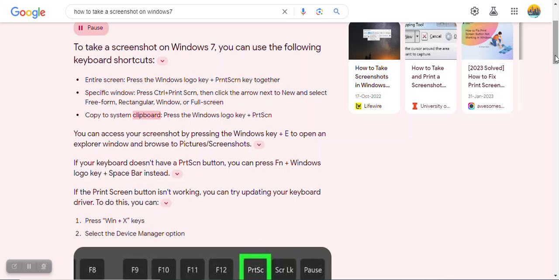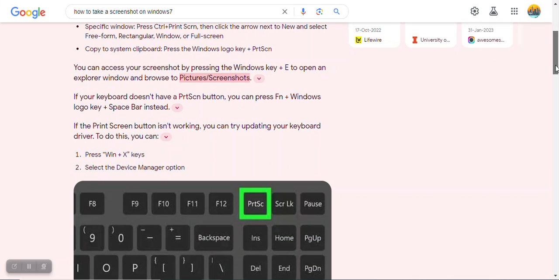Copy to System Clipboard. Press the Windows logo key plus Print Screen. You can access your screenshot by pressing the Windows key plus A to open an Explorer window and browse to Pictures, Screenshots. If your keyboard doesn't have a Print Screen button, you can press FN plus Windows logo key plus spacebar